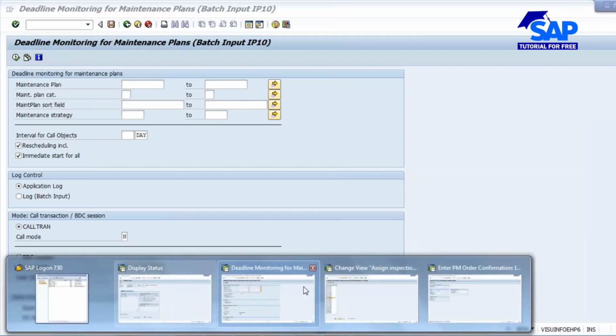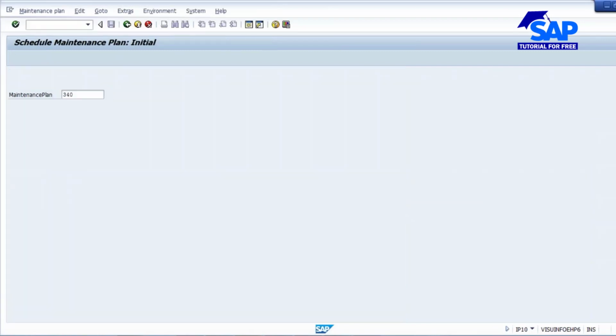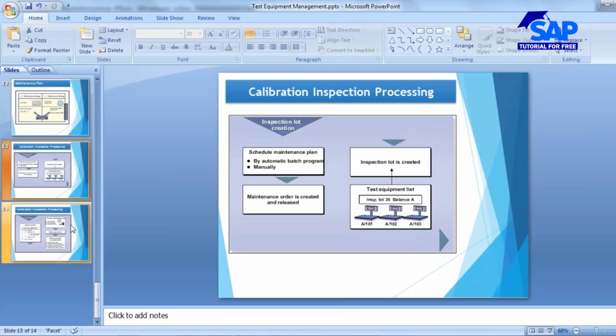If you go to the plan, IP10. So when you go here, when the particular date is reached, that day you will be getting an order. So then along with the order, you will be getting an inspection. Okay, so this is all about your